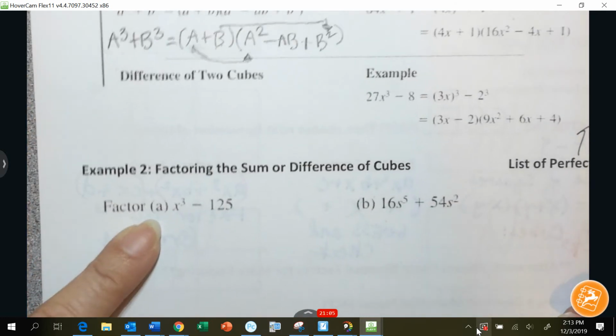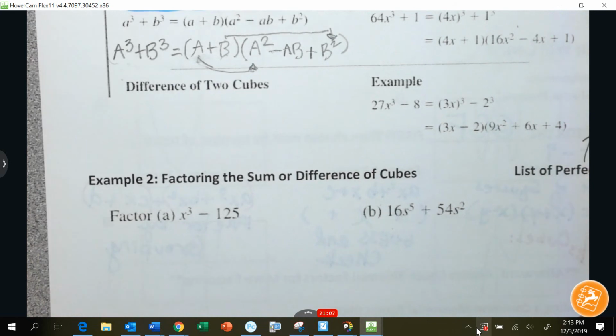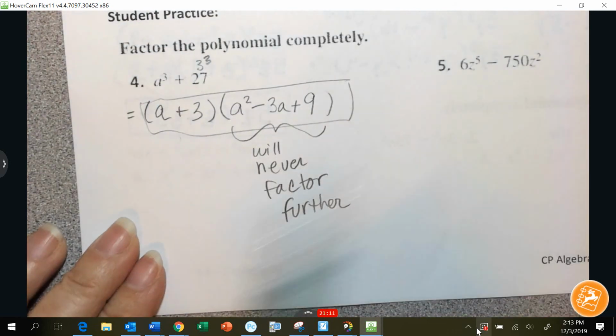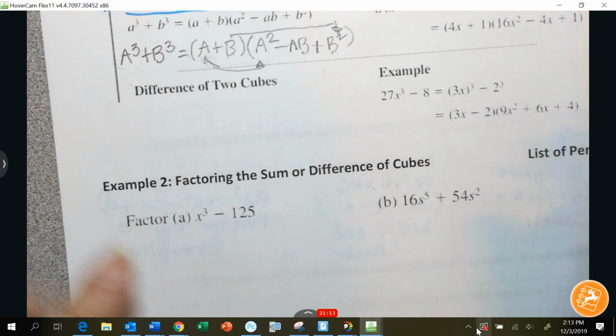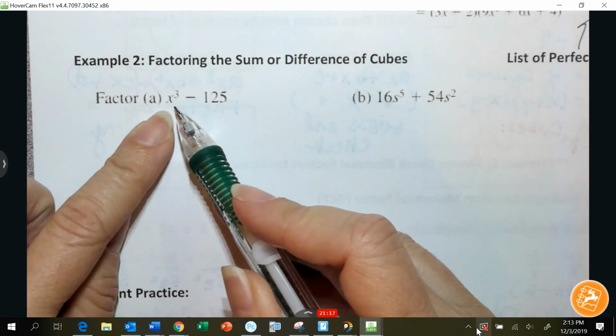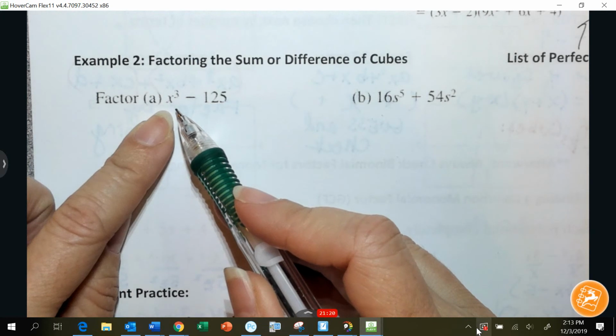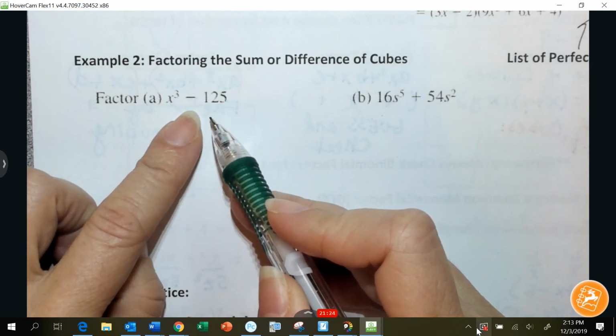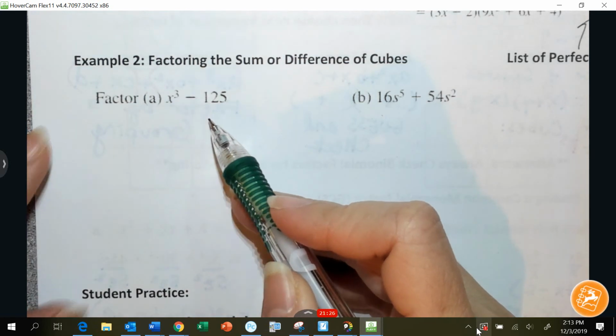Okay, now go back up to this A. This one's different, a teeny bit. What I circled, because it doesn't square and cube. Is this a perfect cube? Is x squared a perfect cube? Is negative 125 a perfect cube? Okay. Yes,